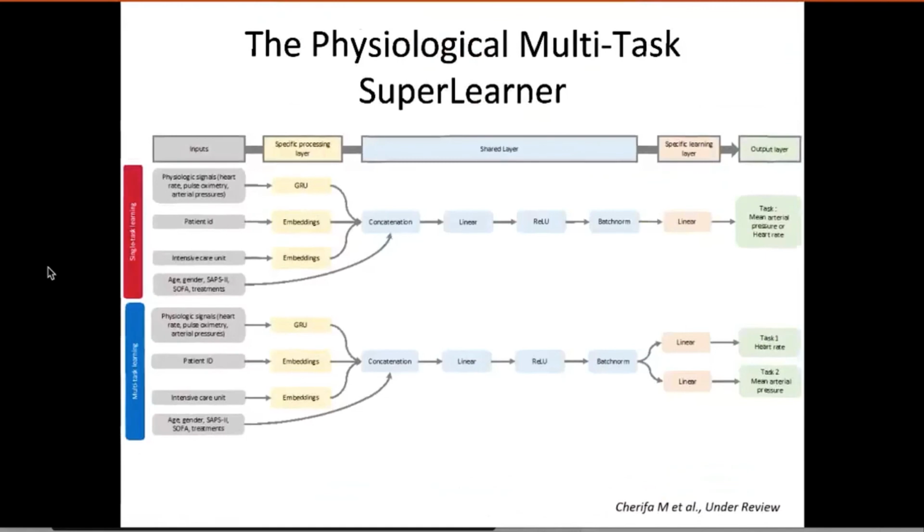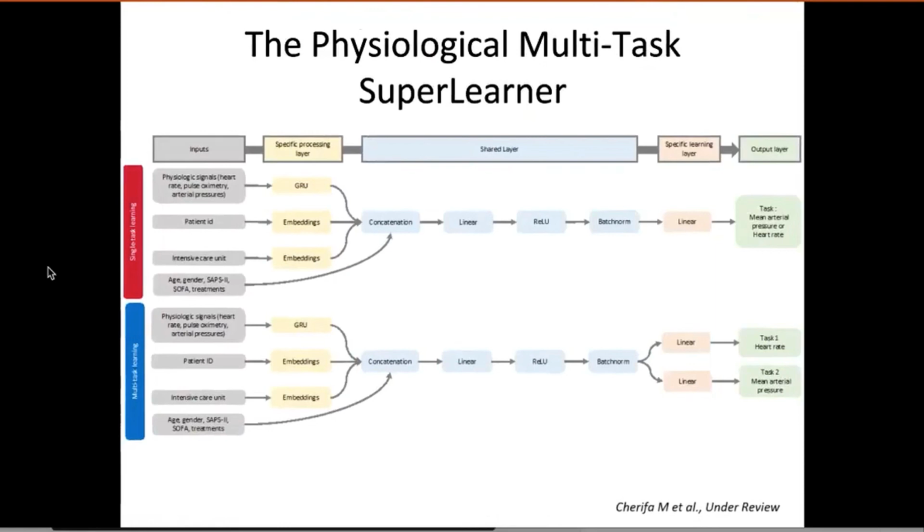There are two orientations that we're taking in this domain of blood pressure prediction. The first one is to account, in the way we learn from the data, for the fact that there are very strong physiological correlations between some of the signals we're measuring. One of the strongest is between heart rate and blood pressure. When learning from the signal to predict blood pressure, we wanted to take into account that those two signals are extremely correlated.